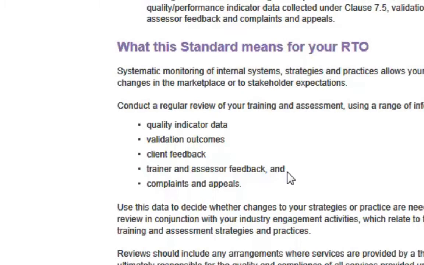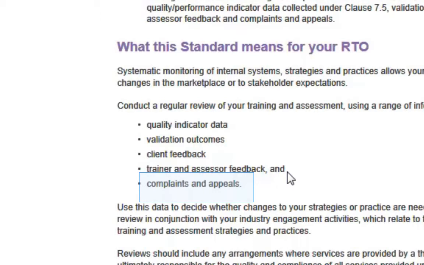So this Standard 2, this quality assurance, ties in a lot with your involvement with your RTO, with their validation processes, with your feedback, you understanding that you've got to be offering this current and high quality training, that it is possible that your learners may complain, and you've got to go back to your RTO's policy manual and understand what's the complaints process with your RTO. What about if they want to make an appeal to something you're assessing and say that they believe that the evidence is satisfactory, whereas you say it's insufficient and you want more?